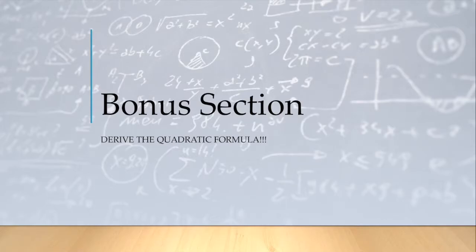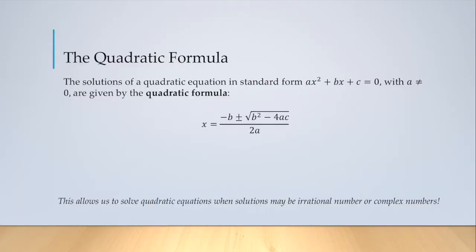All right, this is a bonus section. I don't expect you to know how to do this, but I wanted to go ahead and derive the quadratic formula, and we do that by completing the square and using the square root property, so it's kind of fun to see. So, friendly reminder that for our quadratic equations of the form ax squared plus bx plus c is 0,